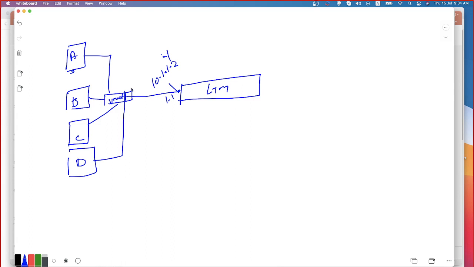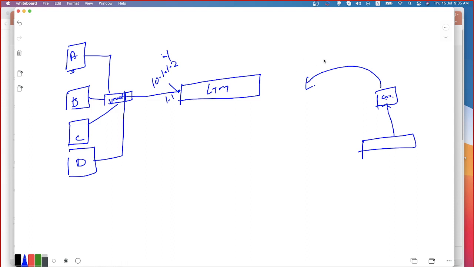Let's say this is the firewall I have, and this is my LTM. The LTM will have connectivity to the servers. The firewall will allow the traffic to the LTM, and the LTM will forward the traffic to the servers, so that the LTM is in a position to reach the servers.